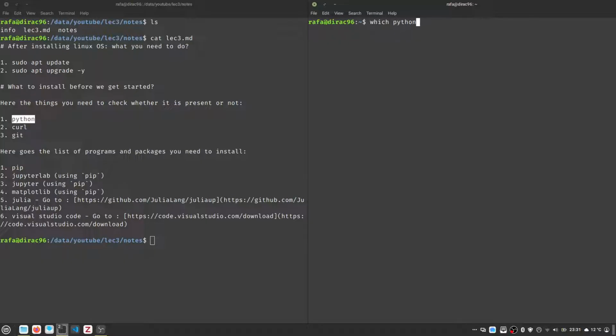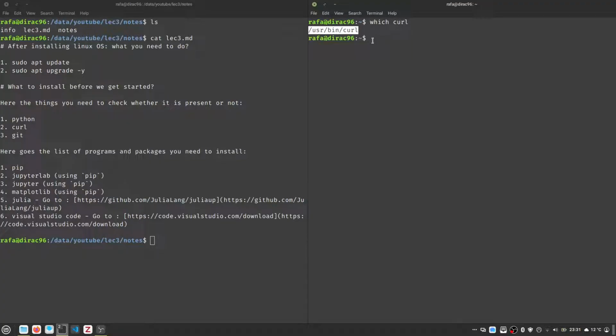So I would show this Python thing later. Let's, for example, search for which curl. The next one: which is a command in Linux that says whether a package is installed or not. For example, we want to see whether curl is installed or not. So which curl, and press enter. Okay, so it shows it has a path,